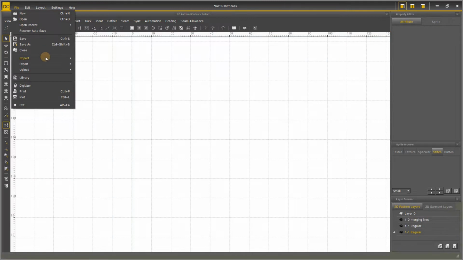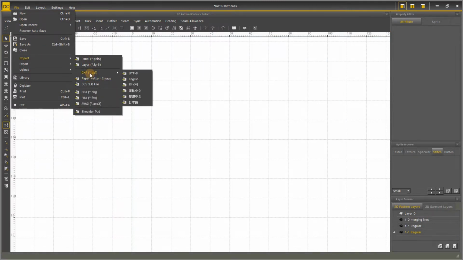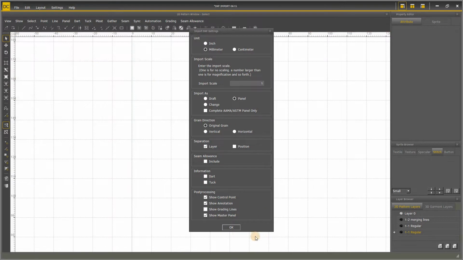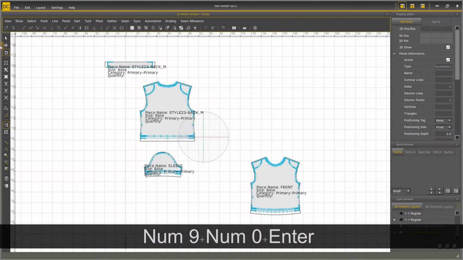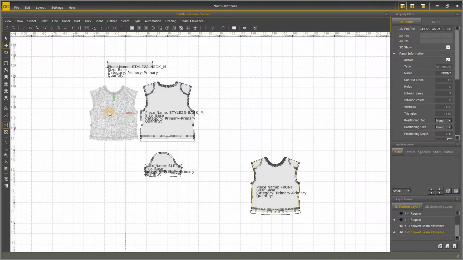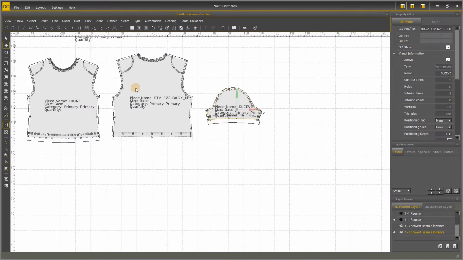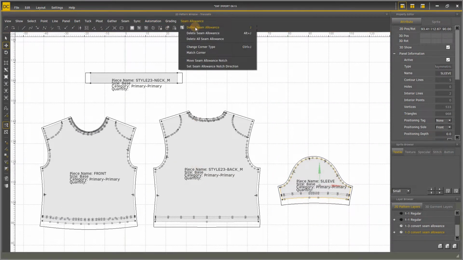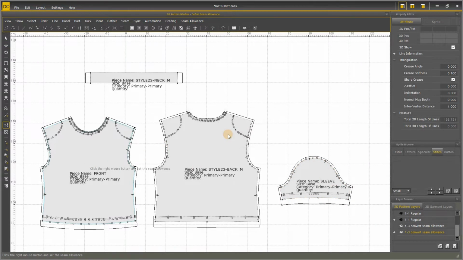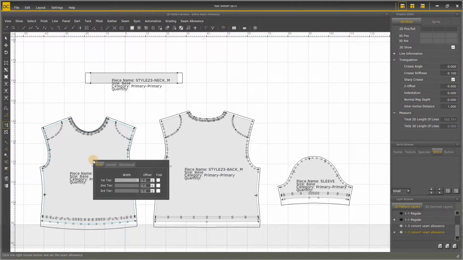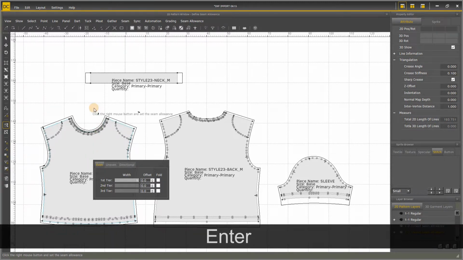I'm going to give you another example, where the imported DXF file includes seam allowances. Generally, we don't need seam allowances in 3D garment making unless the patterns are for production. After importing, you may want to delete or adjust the seam allowances. We can go to Seam Allowance in the 2D menu and select Define Seam Allowance. Left-click in the middle of the panel and click Yes to convert the seam allowances. Then you can right-click to enter the value of seam allowance you want to change.